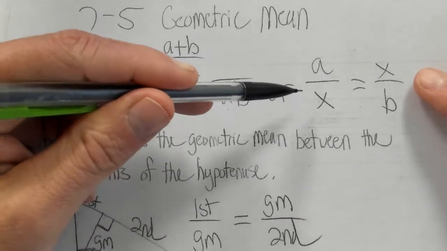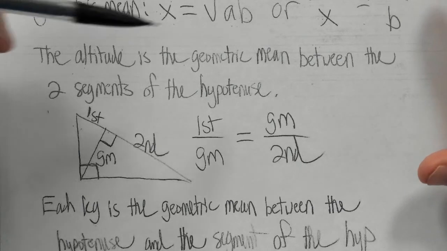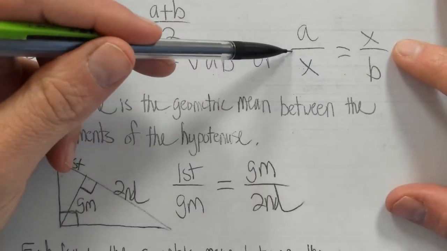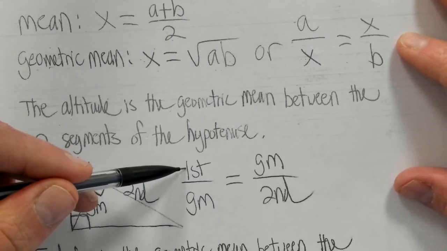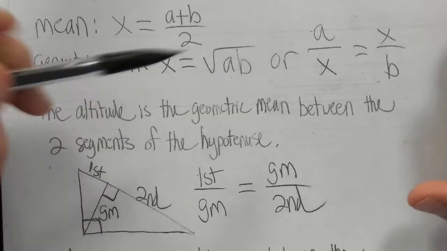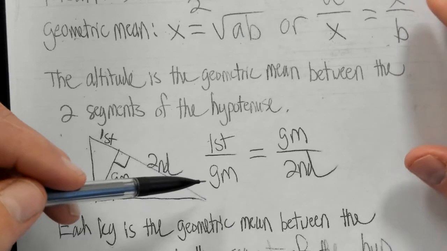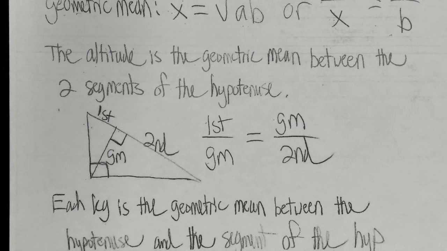So we're going to take this proportion, all right, and we are going to relabel this: A is going to be relabeled as the first number in the geometric mean. B is going to be relabeled as the second number in the geometric mean, and then the x is going to be relabeled as the geometric mean itself of those two numbers A and B. All right, so again, when we take a look at this,